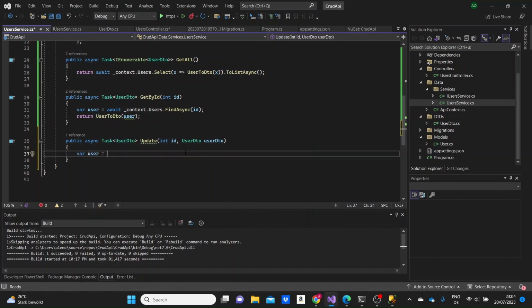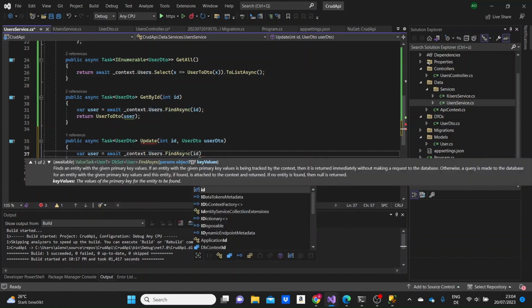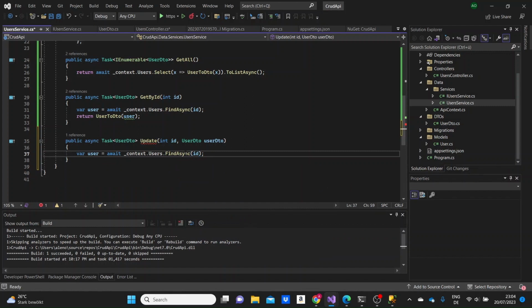Okay, so in this user variable, we will store the specific user that we are talking about, so that we need here. So users.FindAsync ID, and we'll make an if clause here. So if the user is not null,